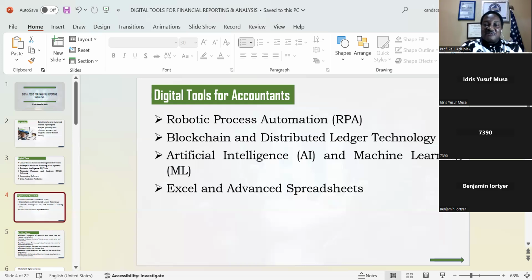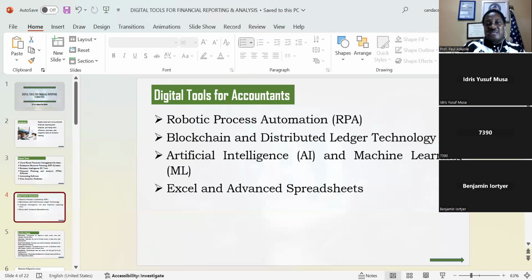We all know the double entry principle, as discovered by the Italian priest Luca Pacioli in 1494. For every debit entry, there's a corresponding credit entry. But in blockchain and distributed ledger technology, they have a third aspect. We have debited this account, we have credited the account, but the third entry is made so that there will be traces, evidence to prove that those transactions have been effected. That's debit and credit, then we have the third aspect. That's why they talk about triple entry for blockchain and distributed ledger technology.